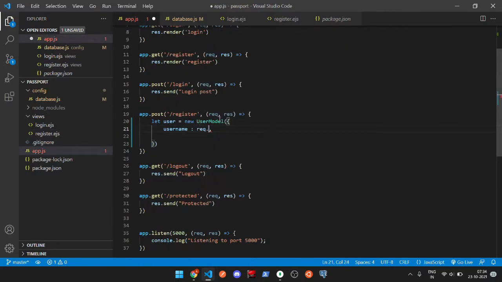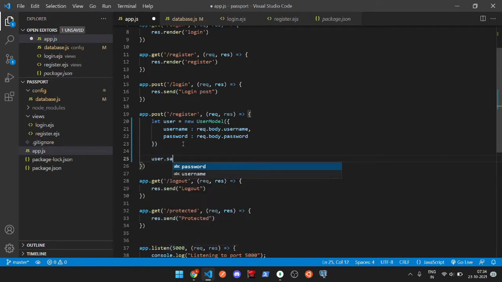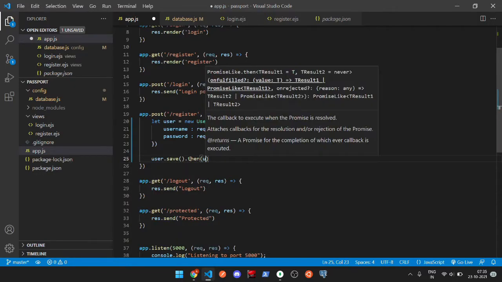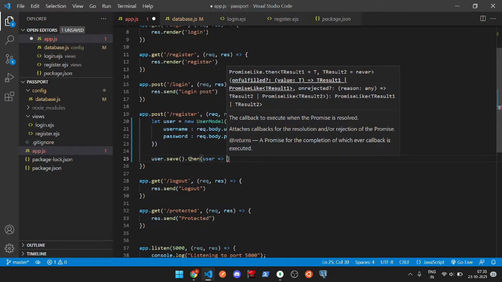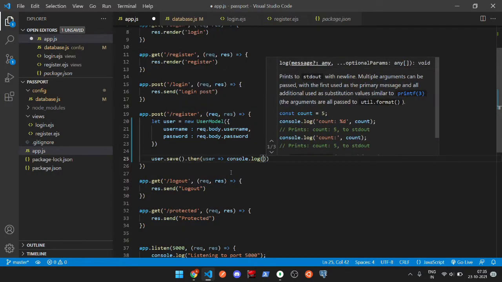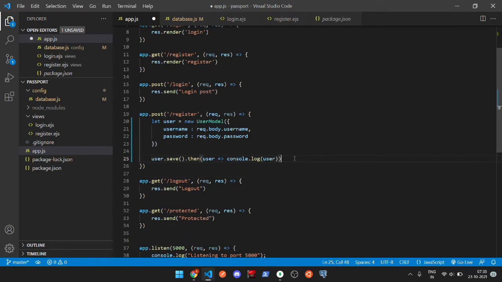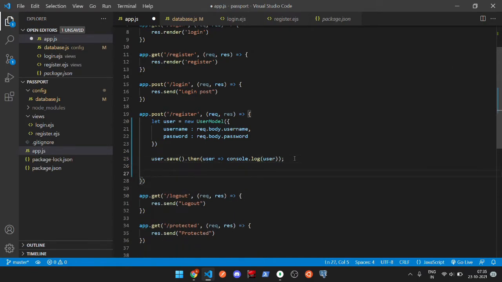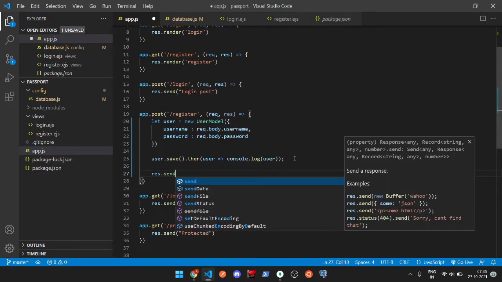So now we have a user model ready with us. We can use this save method to save it in our database. We can also pass in a callback to this save method, so we can see what user we were trying to save to our database. Just console log it. Once this is done, we need to send a response back to the browser. So we'll just send in a